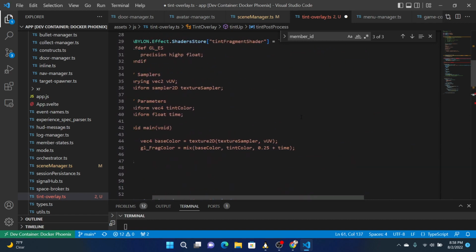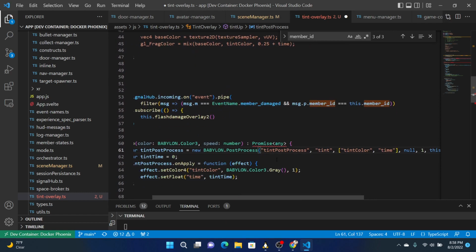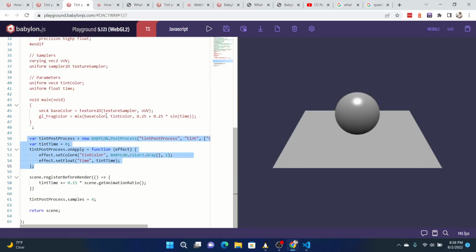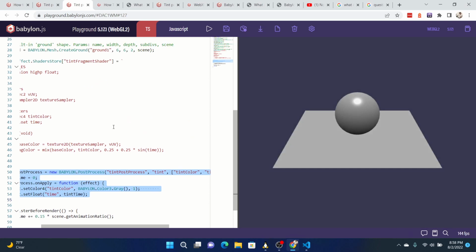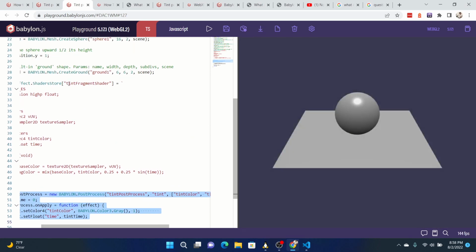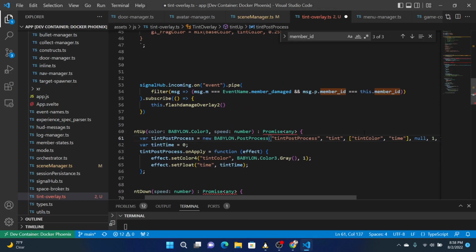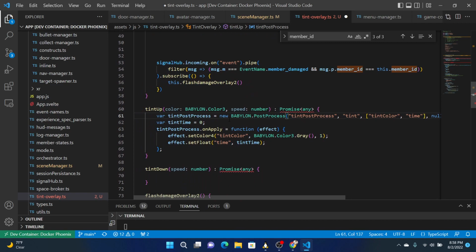This is called tint fragment shader and tint post process. Is that how these are connected? Tint fragment shader. I guess it's just this tint means this tint fragment shader. This can be anything. Okay, so we install this, we set the tint time, and we set the tint color